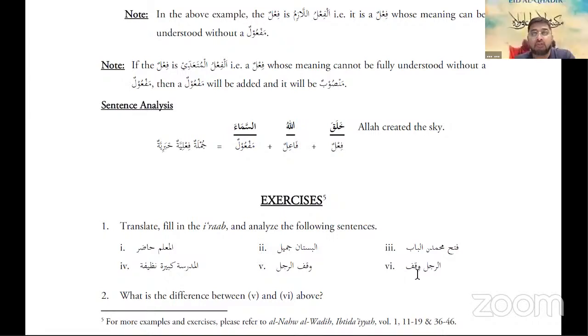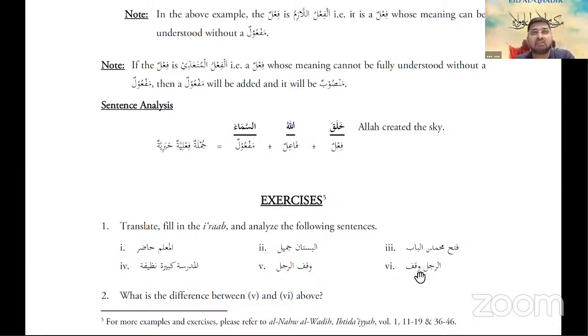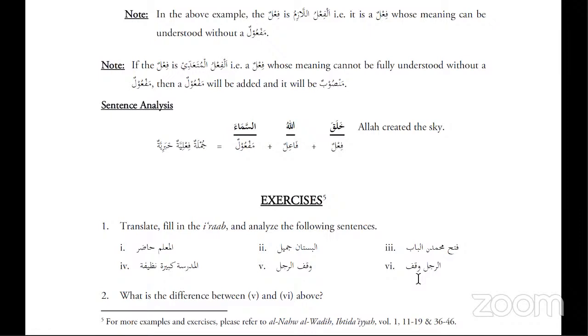Normally the doer comes after the verb, but if the doer comes before the verb, then the pronoun in the verb becomes the doer, the fa'il. Normally in a verbal sentence, you have the verb, then the doer. But if the subject comes in the beginning and then the predicate comes, then ar-rajulu is classified as the subject, and waqafa as a verbal sentence is the predicate. The man stood. He stood. So we say the man, he stood.